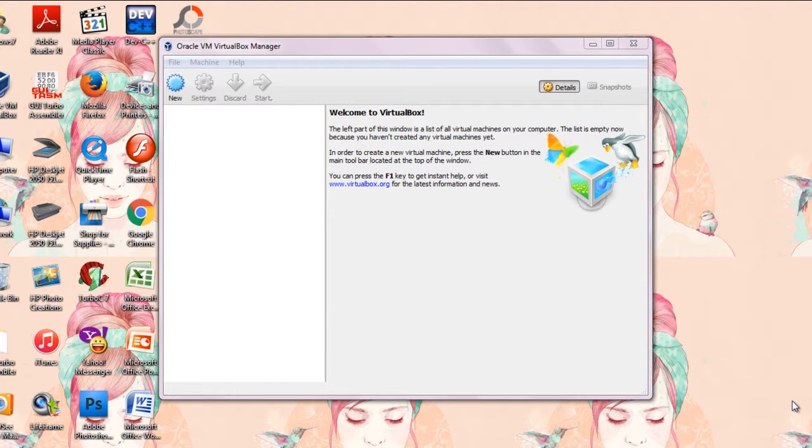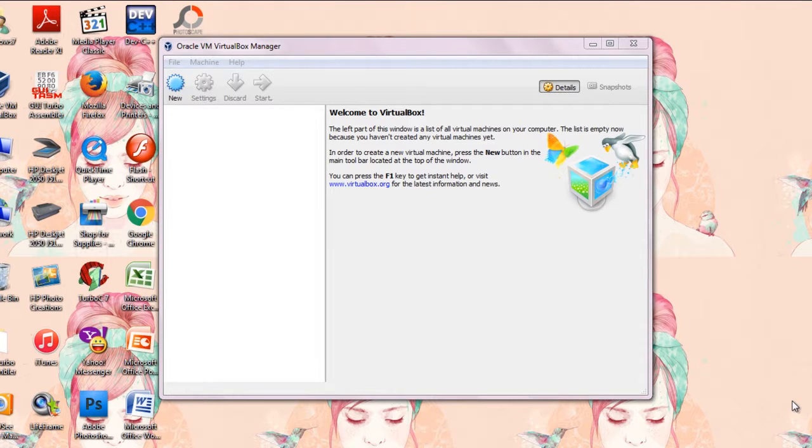We will introduce you how to install Linux Ubuntu, plus basic commands of Linux. Before we get started, you must have two applications. First is VirtualBox, and the second is the Linux Ubuntu application. We just need two applications, and you can get all for free. Links for VirtualBox and Ubuntu are in the description.